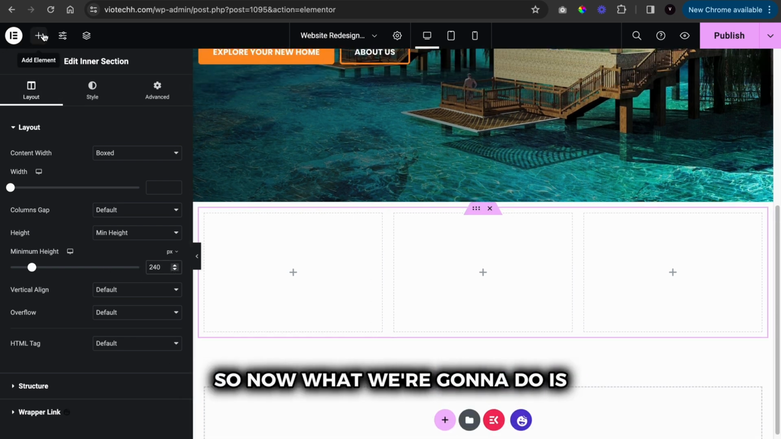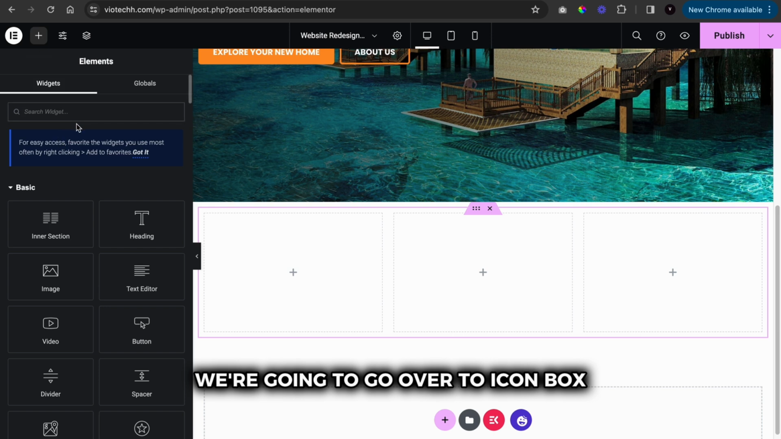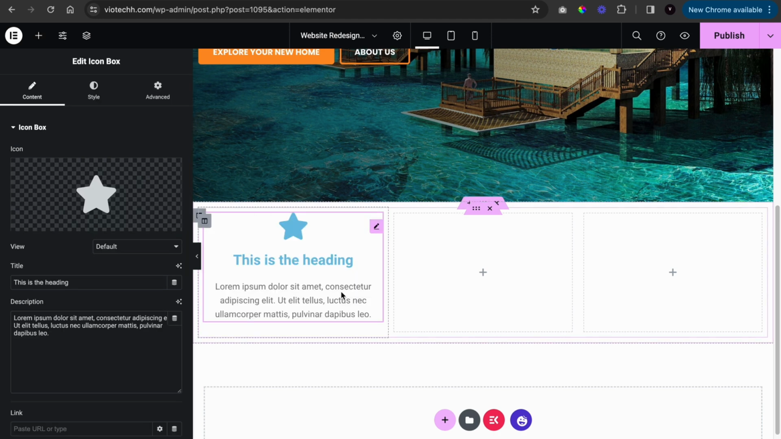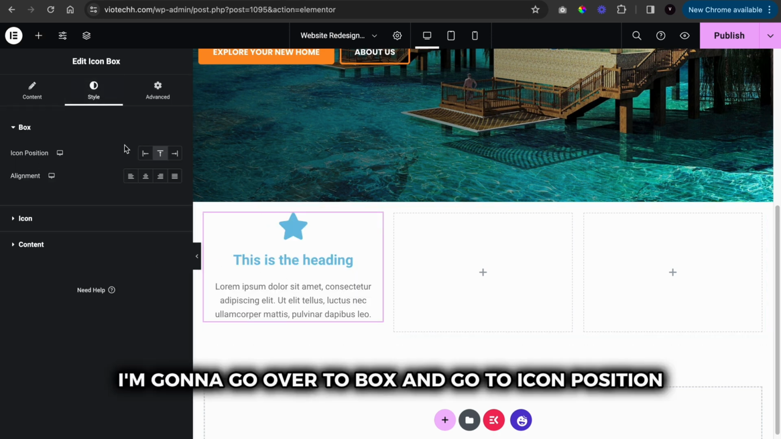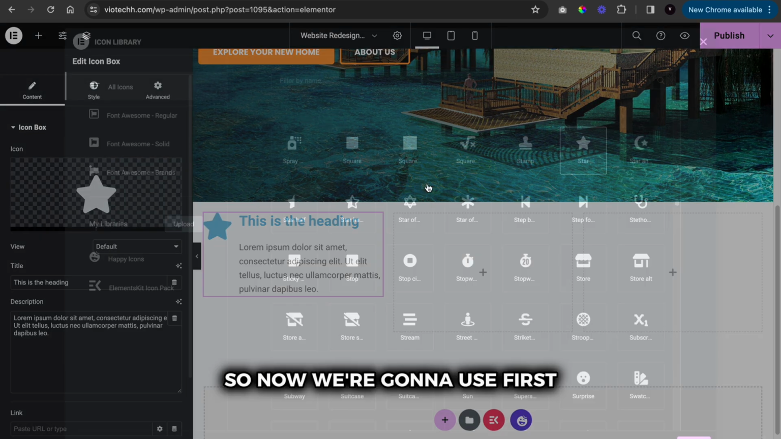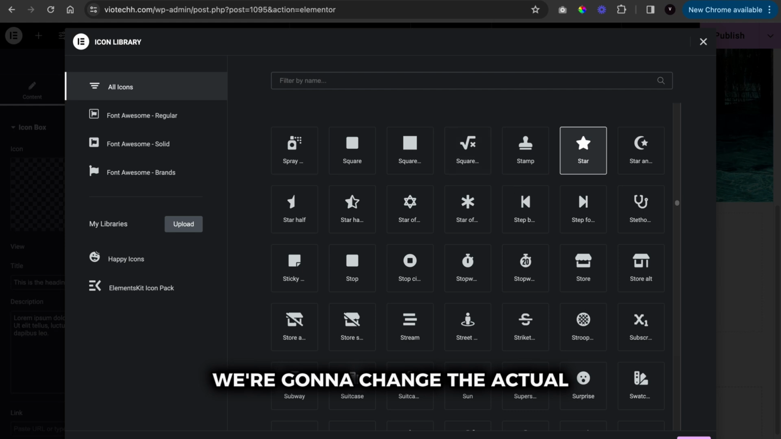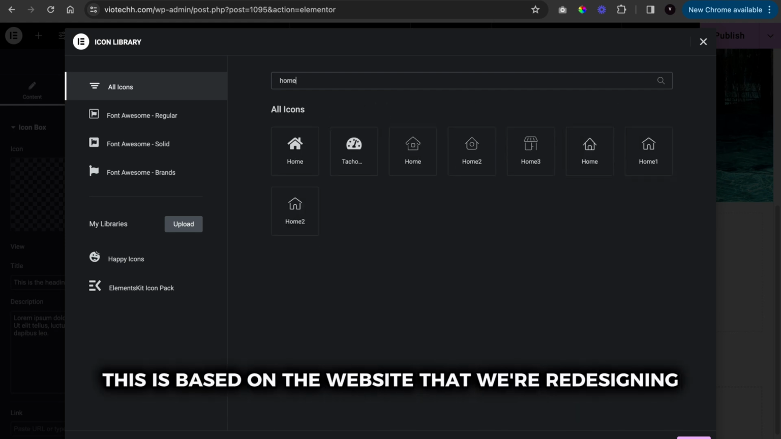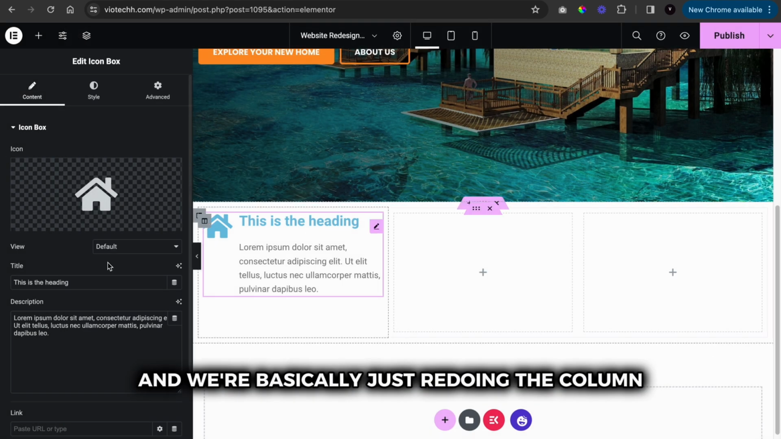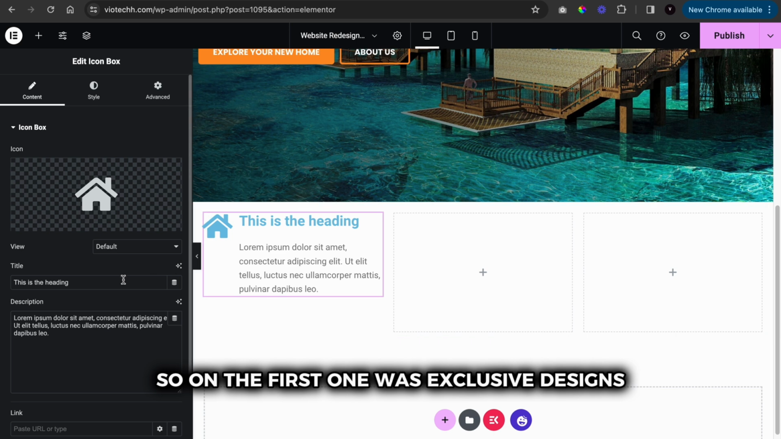So now what we're going to do is we're going to go over to icon box, and we're going to go over to box, and we're going to icon position, and we're going to go this side, and then for the alignment we're going to go this side. So now what we're going to do is first we're going to change the actual columns. I'm going to go with home. This is based on the website that we're redesigning, so they had a column and we're basically just redoing the column. So the first one was exclusive designs,